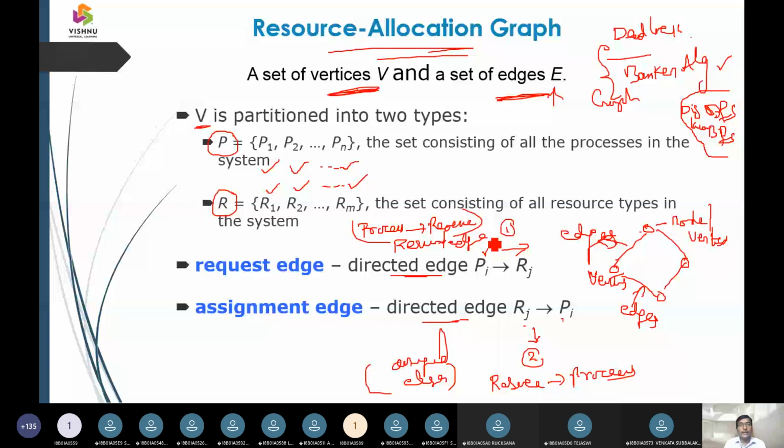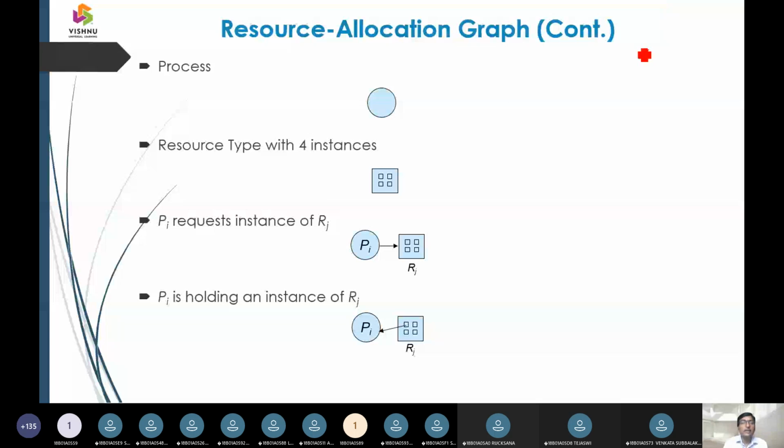Now here you can see a process represented with a circular shape, and resource types with 4 instances. The small rectangles we represent as instances, and the big rectangle we represent as the resource.